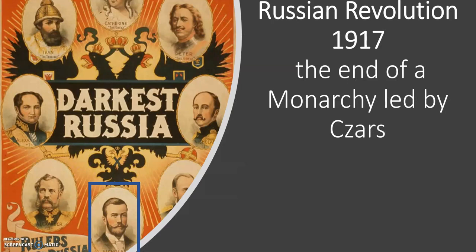All right, moving on to the Russian Revolution. War is not over yet. The Russian Revolution has been going on prior to the start of World War I. And kind of what's set the stage here, we've got Nicholas II, who is a czar. Well, a czar is like a king. He's an absolute ruler, has all the wealth.